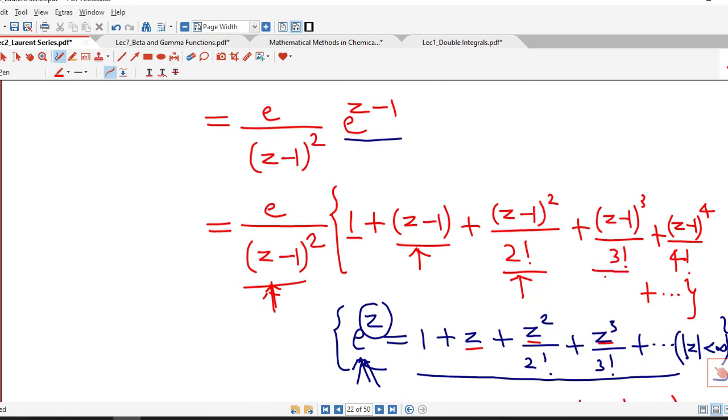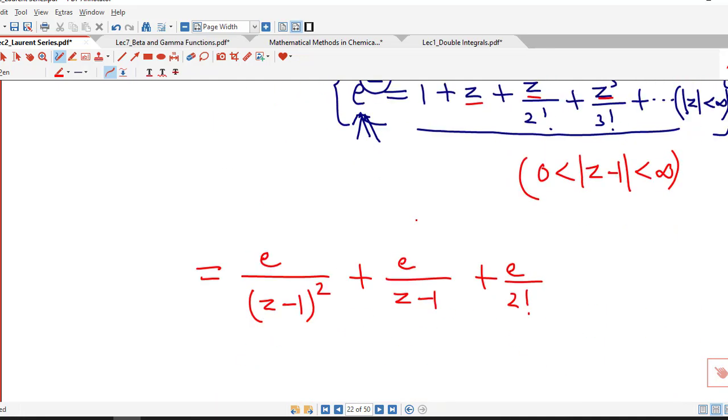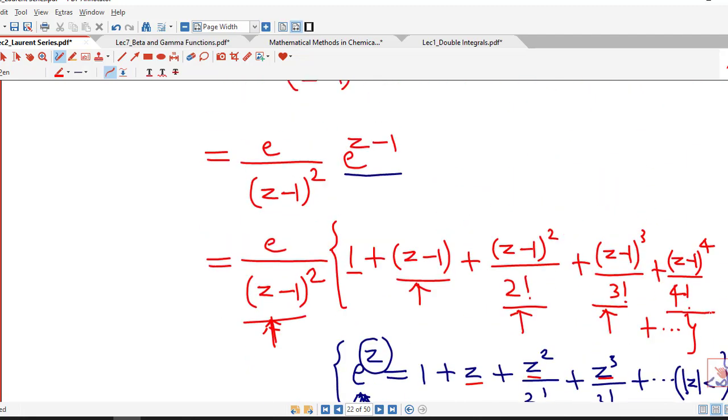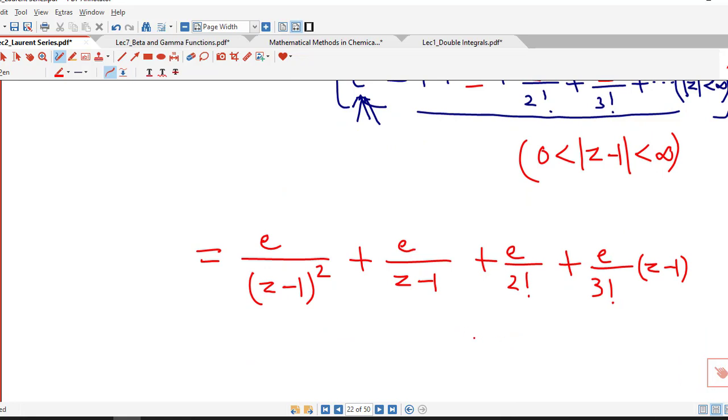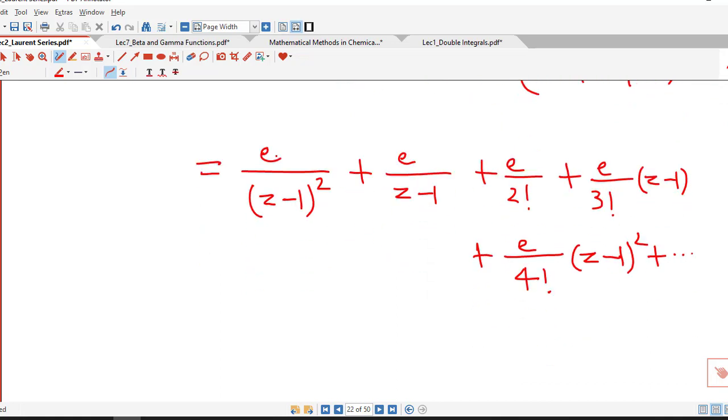Then we multiply with this, so we have e divided by 3 factorial, and this (z minus 1) square will cancel out, so we have e divided by 3 factorial into (z minus 1). And if we consider multiplication with this term, we have e divided by 4 factorial into (z minus 1) square. And so on. We can imagine next term will be e divided by 5 factorial into (z minus 1) cube,